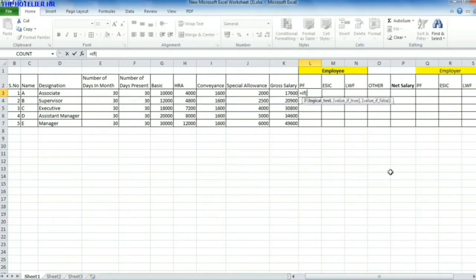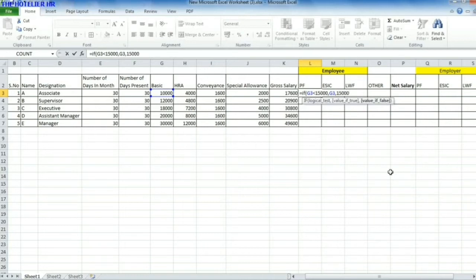For PF, we will use the IF formula. If your basic salary is less than 15,000, we are using less than 15,000 of the basic salary, and then a comma, and then your basic salary, again a comma, and then 15,000.